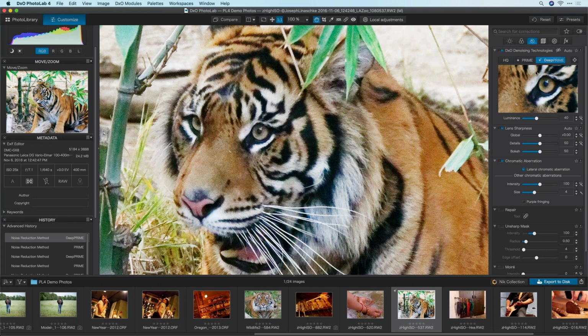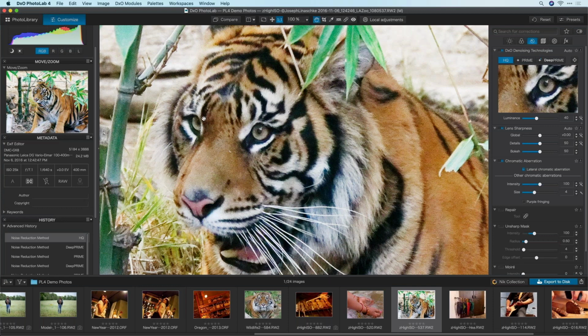Second, I want you to look at the edge of the eye and see how smooth it is here, but how rough it is here. This is all part of that deep prime machine learning, artificial intelligence algorithm that has gone into this, that has looked at literally millions and millions of photos and learned what photos are supposed to look like. It has learned that this curvature in here is supposed to be smooth, and it has smoothed it out. If you look at the original image, here we're seeing all of that